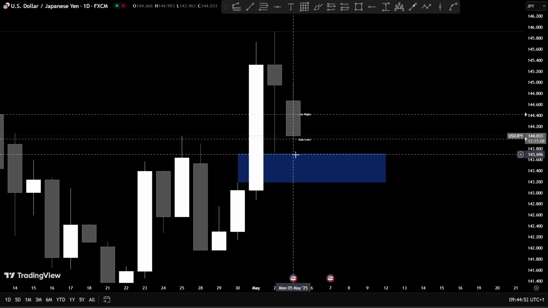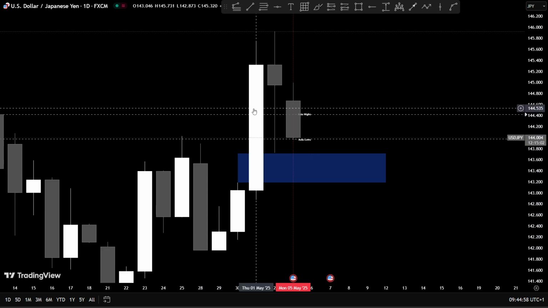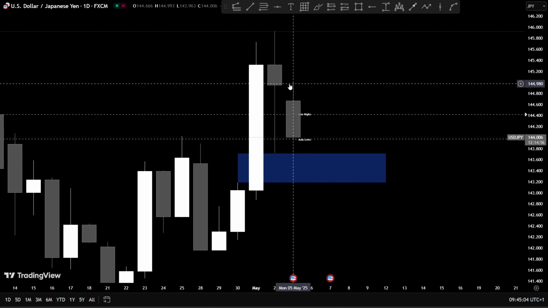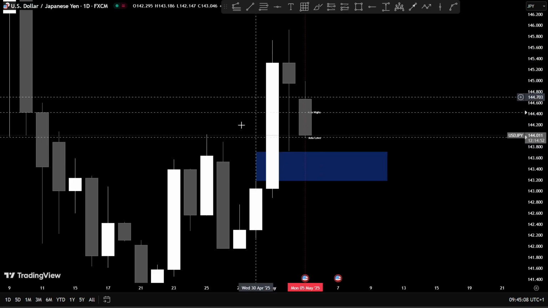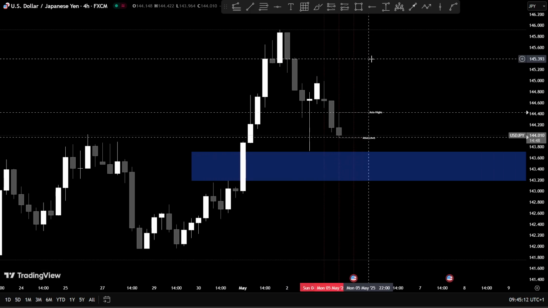price is pushing lower to make the higher low, because the market moves in a higher low, higher high, higher low, higher high, and lower highs and higher highs, lower highs. Oh, I'm sorry, but you got the point. So now I'm looking for the push lower towards this daily fair value gap,